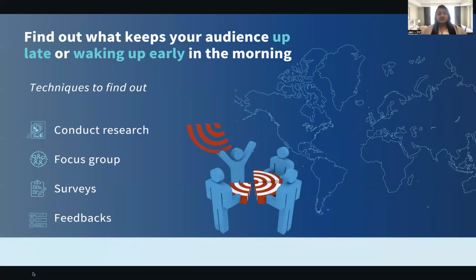When you're understanding their pain points, understand what keeps them up late, what's waking them up early in the morning. What are they concerned about? What's in their mind about their children that we can put contents out there that will help them solve that problem? So one way of doing that, and you might say, hey, I don't know what that is, Jen. I'm glad that you want me to help understand and solve their problem, but I don't know what their problem is. Good question.